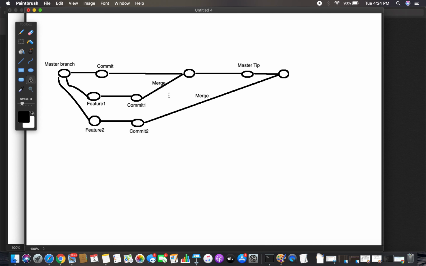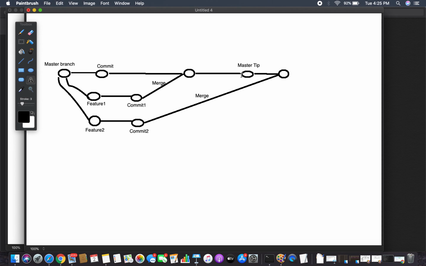Okay, see here you are merging the feature branch 1 to the master. When you are merging this particular feature branch 1, your master tip is at this particular location. Your master tip was here and your feature branch 1 tip was here. When you do a merge, it makes another commit and brings your feature branch changes into the master branch, and your master branch tip is at this location once your feature branch merges.